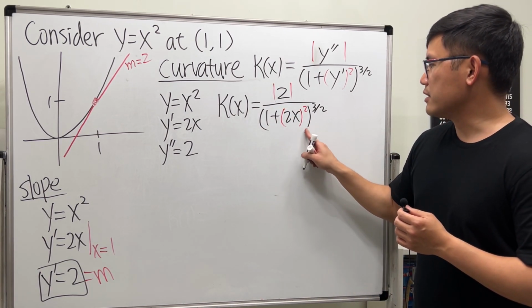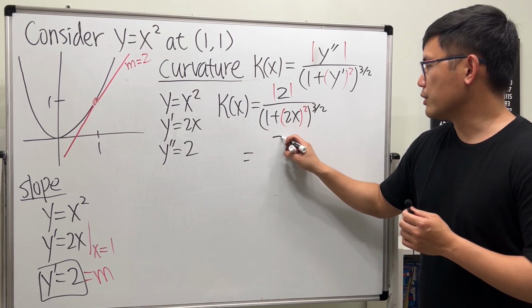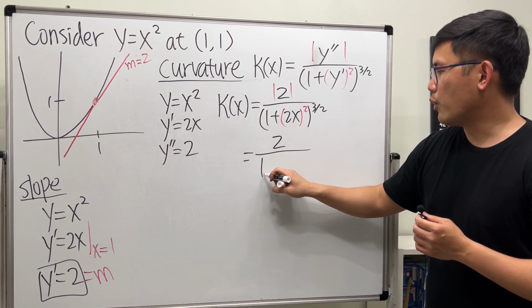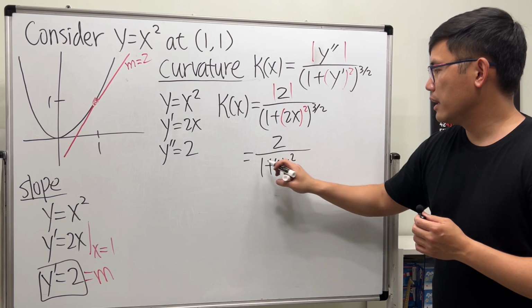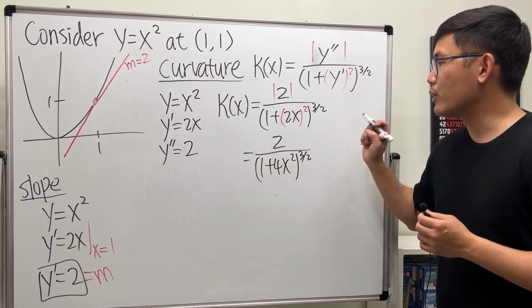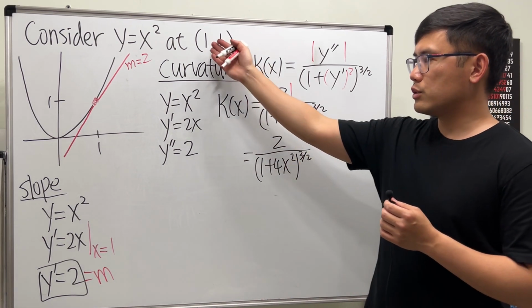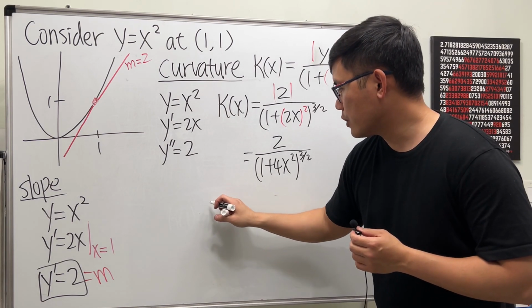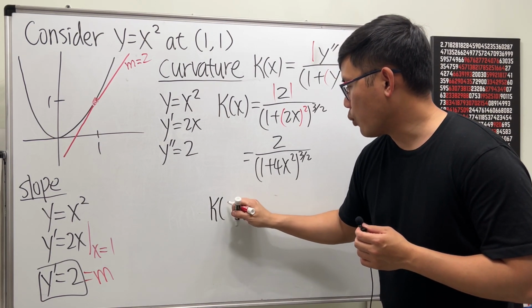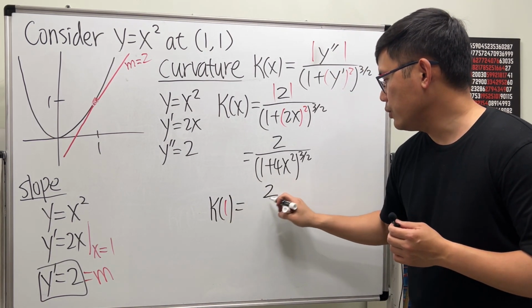We can simplify this a little bit. Absolute value of 2 is just 2, and the square of 2x gives 4x squared, raised to the 3/2 power. And we want x to be 1, so our curvature